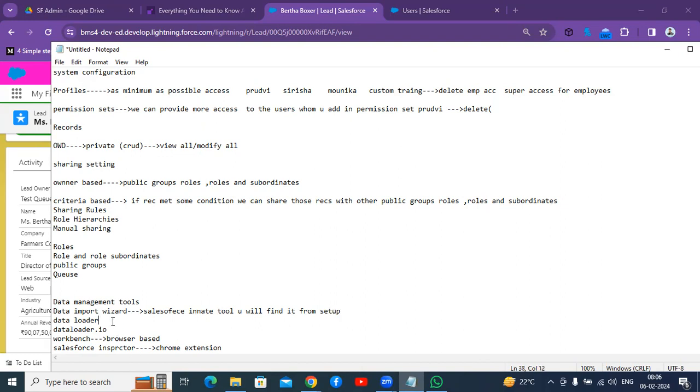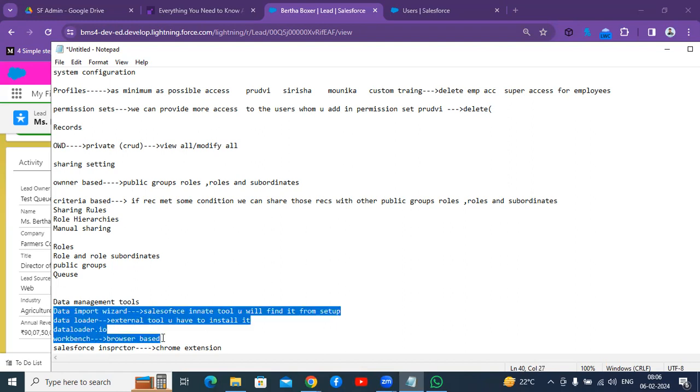Data loader is an external tool. You have to install it. As an admin, these tools are more than enough.